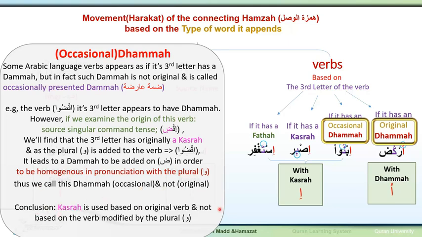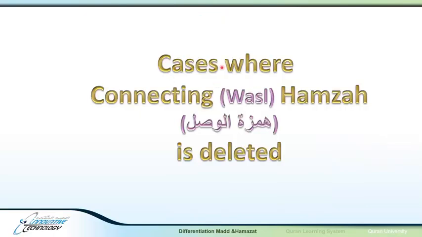So in conclusion, this kasra that we have here that is associated with the presented occasional dhamma in ibnu is based on the original verb that has a kasra, not on the verb that is modified by the plural waw, ibnu. So in this case of occasional dhamma, we say ibnu, not ubnu as in original dhamma, ibnu with a kasra, on the basis of the original verb with kasra, not on the modified verb with the waw of the plural. Now we're going to talk about the cases where